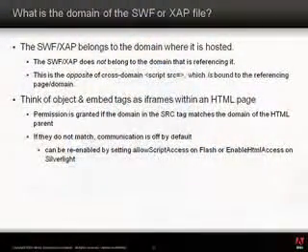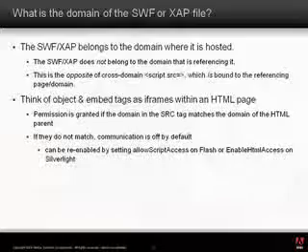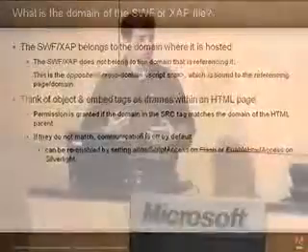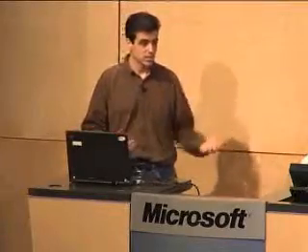But when you're talking about the same origin policy with plugins, you have to understand what domain the plugin belongs to. And the answer to that question in both of our cases is that the domain of the SWF or the domain of the Silverlight XAP file is the site on which it is hosted. It is not the site which is linking it in from the HTML page. So you can think of them as iframes. When you have an object tag and you specify the source as a remote destination,